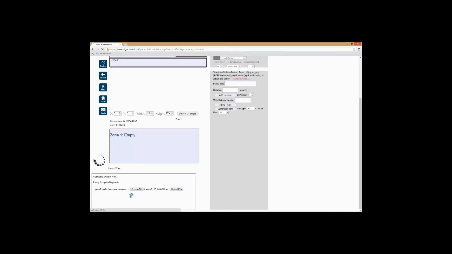You'll notice in the bottom left hand corner down here, that it's showing you how much of the video is loading. Now, videos take just a little bit longer to upload than the regular JPEGs. These video codecs can be any number of codecs. I prefer AVI. I compress everything into AVI files and make them as small as I can without losing